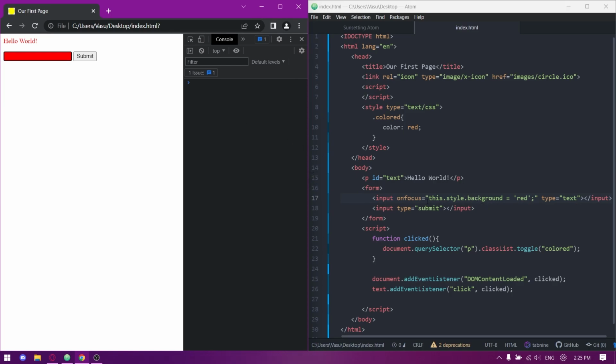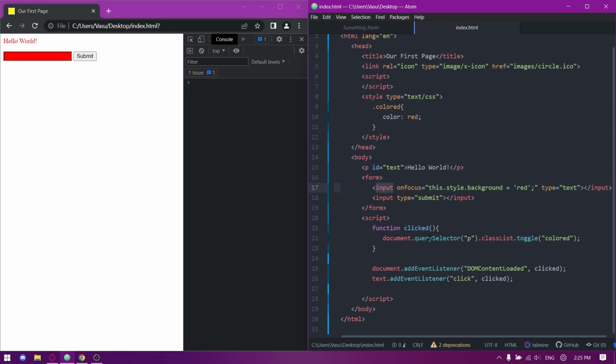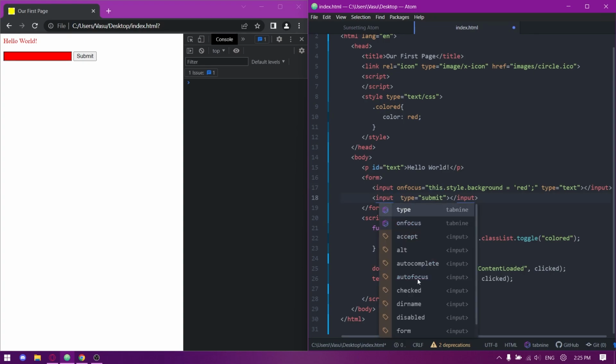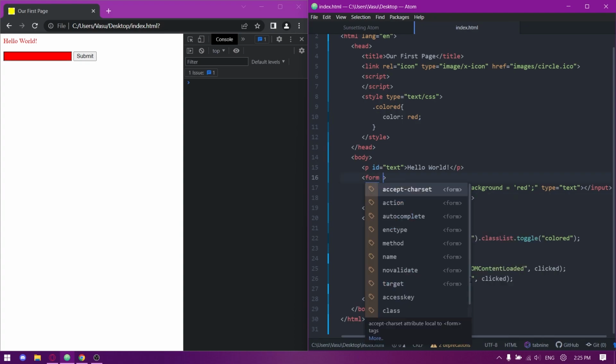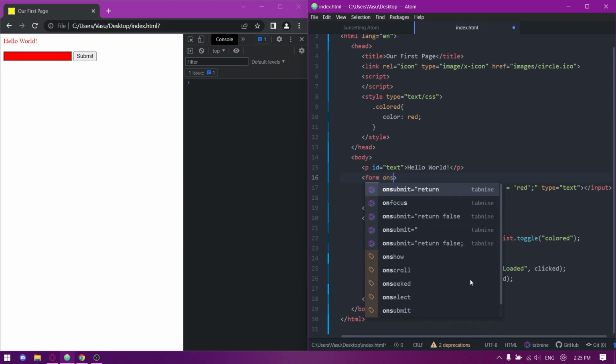You notice that I typed this dot. The this keyword just takes the input. So instead of having to do the querySelector for the input, if it's inline, this only works if it's inline, then you can do this dot, and then you can manipulate the JavaScript. Then you have a similar thing with the submit. Not in the submit button, in the form tag, I mean. So in the form, if you do onsubmit